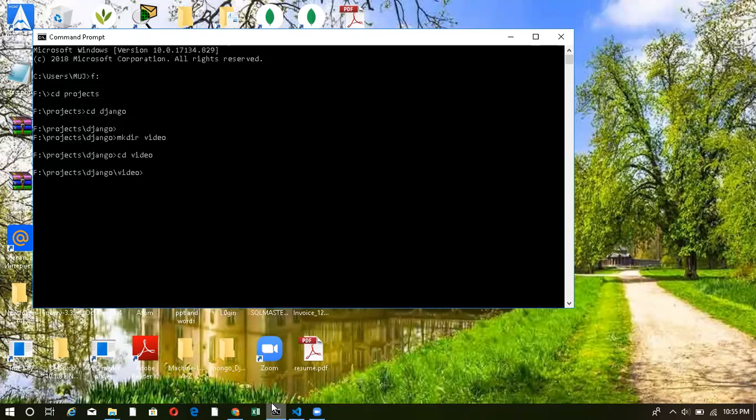So what's the advantage of a virtual environment? It's recommended to use a Django project inside a virtual environment because, suppose some important file that is responsible for the working of other files gets deleted from your PC.